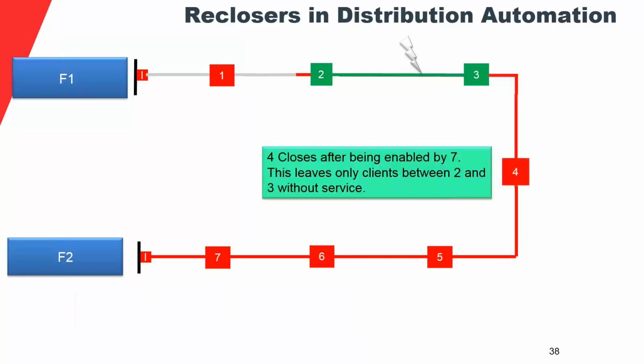Yes, I can. Well, if you can, then 4 now closes its breaker, given the fact that it knows what happened to 2, it knows what 3 did, and it also knows that 7 enabled its operation by telling it, yeah, the feeder can take the load. And now there may even be a settings group on reclosers 6 and 5 in order to take the extra load that's being served. Now, this allowed